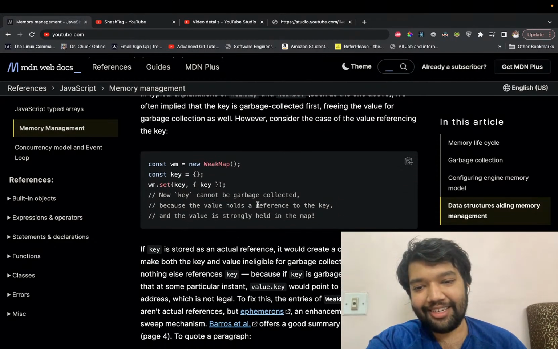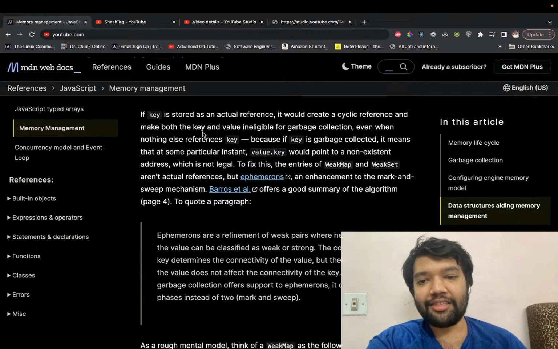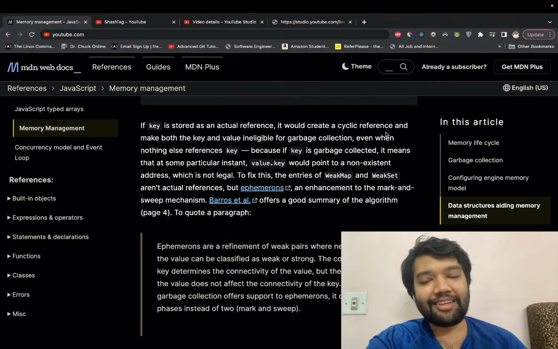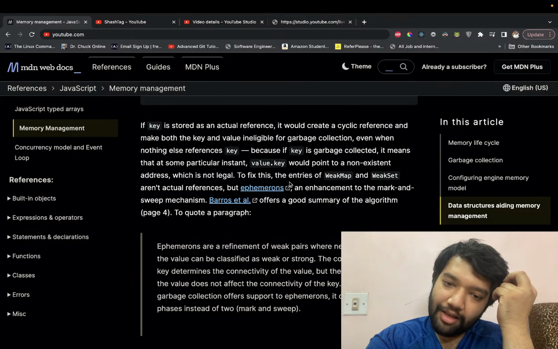Now the key cannot be garbage collected because the value holds a reference to the key, and the value is strongly held in the map. If the key is stored as an actual reference, it would create a cyclic reference and make both keys and values ineligible for garbage collection, even when nothing else references the key. Because if the key is garbage collected, at some instant value.key would point to a non-existent address, which is not legal. To fix this, the entries of WeakMap and WeakSet aren't actually references but